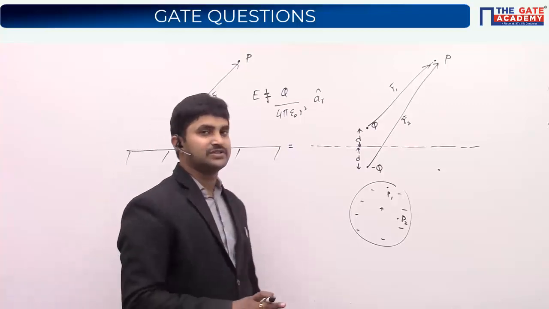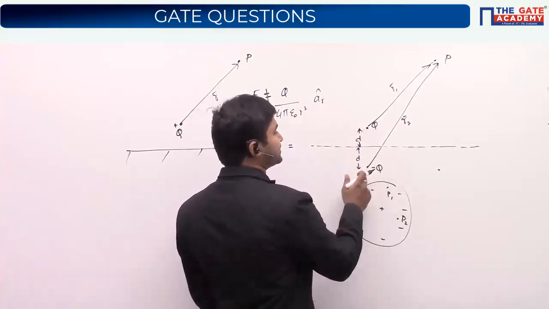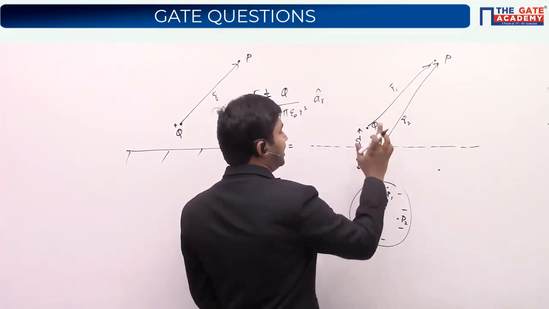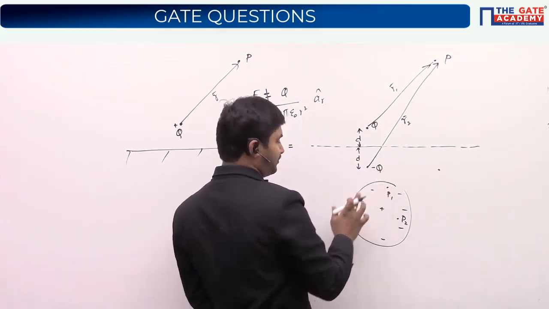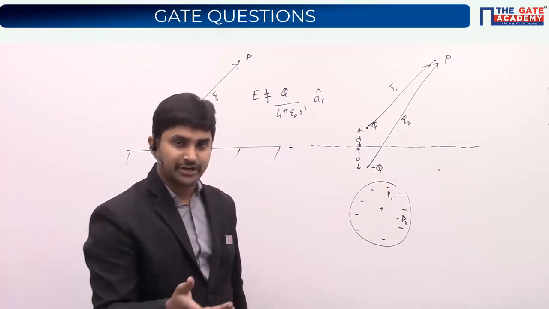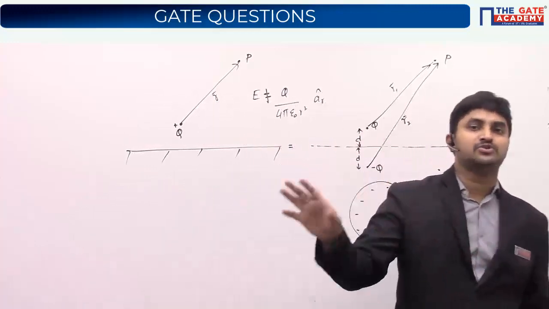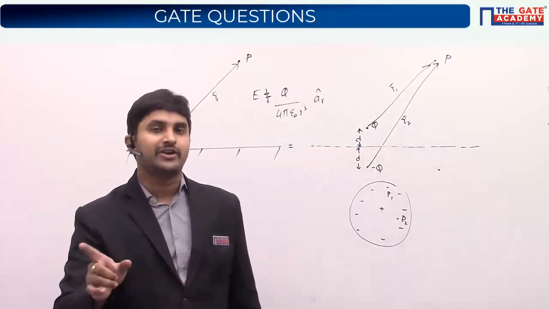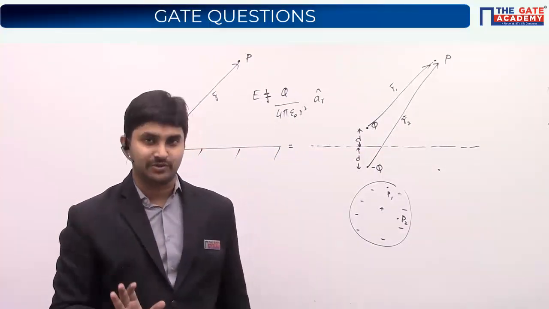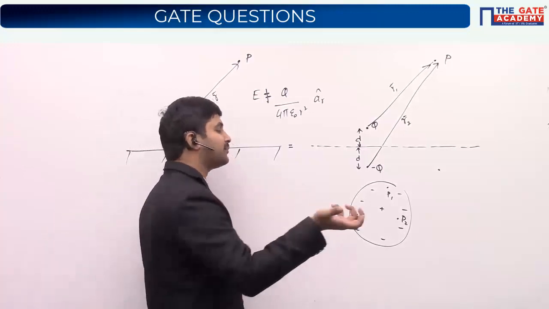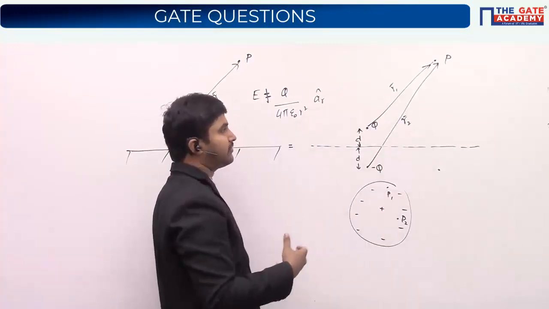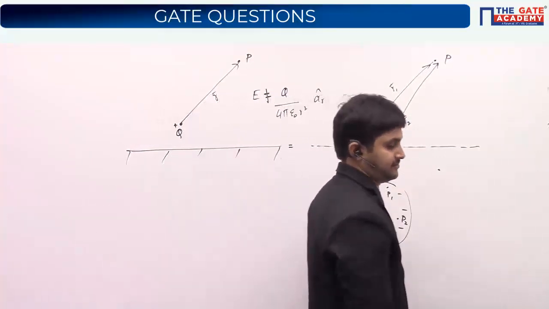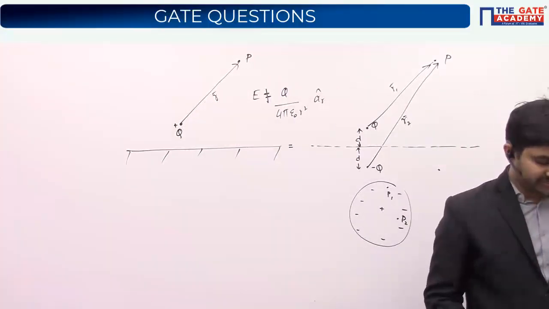It is a similar situation where one charge is present here, one is present here. So we have to see what the electric field is because of this one, and what the electric field is because of the other one. Yes, some of the components do cancel each other because one is a positive charge and the other is a negative charge. But we cannot expect it to be completely cancelled, because we are not talking about a point completely outside this region. We are finding the electric field only in this particular region. That is the reason you cannot expect it to be 0 always.